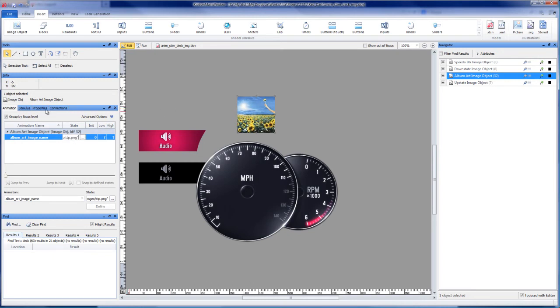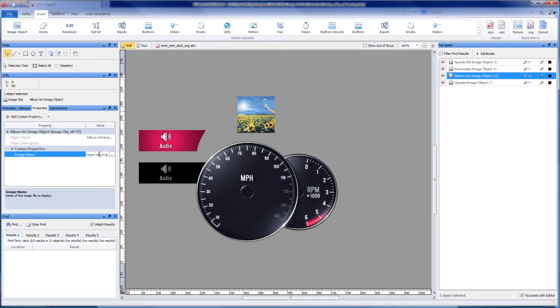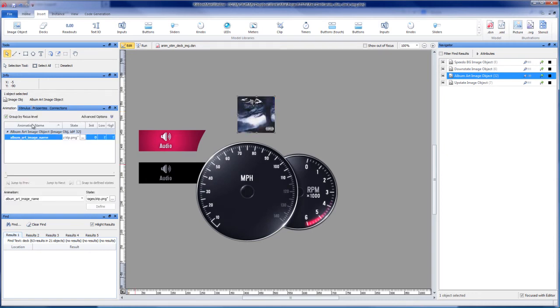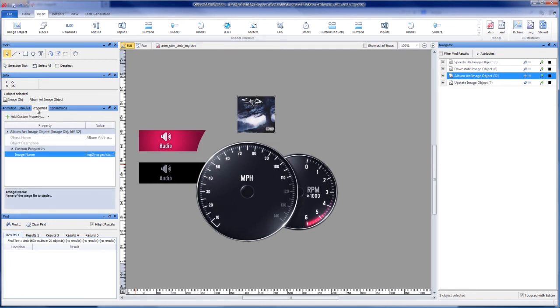Okay, so the easiest way to change these in design time is via properties, but it's the same as changing that double-quoted string in the animation pane. And logic will go ahead and change that double-quoted string in the animation pane, as well as the properties, when you send it logically. But I've just been showing it to you by hand here. So the album art is a good example of the GUIs that need some sort of way to quickly update an image that gets changed as a result of an event like an extract.